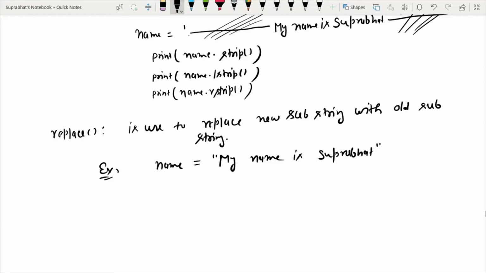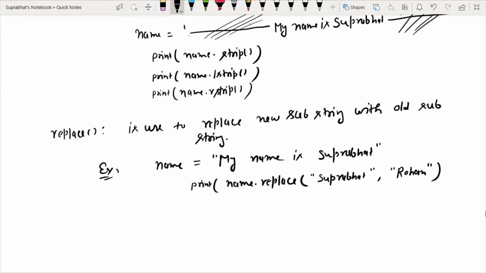I want to use this replace method. In the print statement I write print name dot replace, and I want to replace Suprabhat with another name. I give the old string, that is Suprabhat, and the new string that I want to give, suppose Rohan.